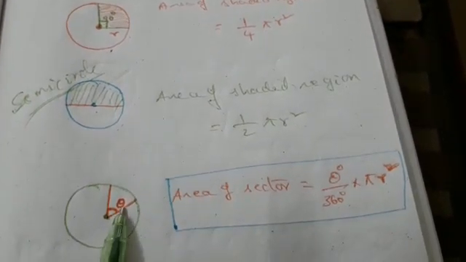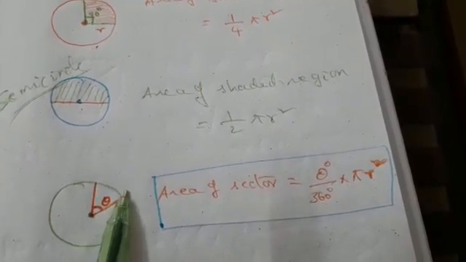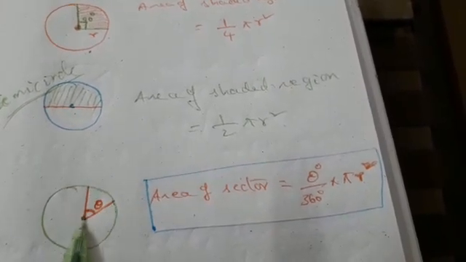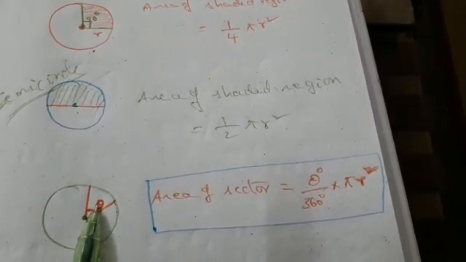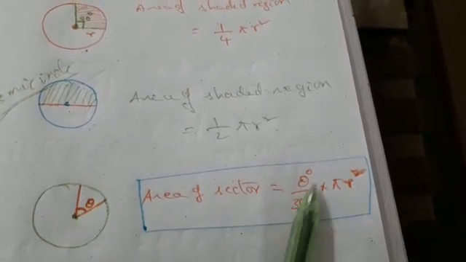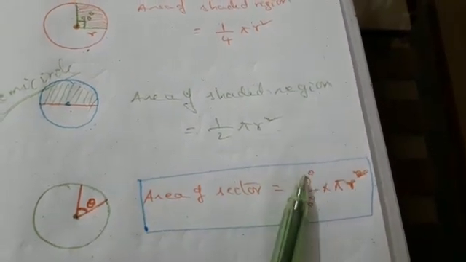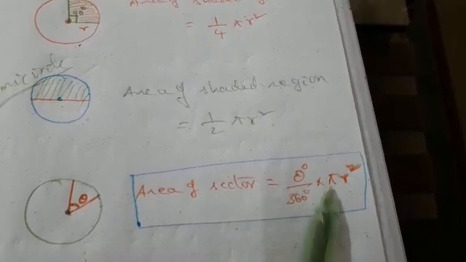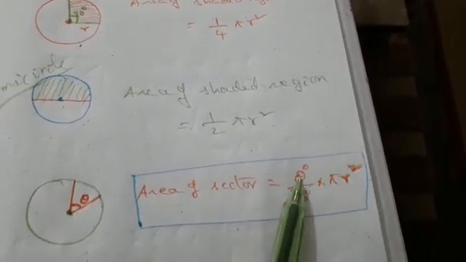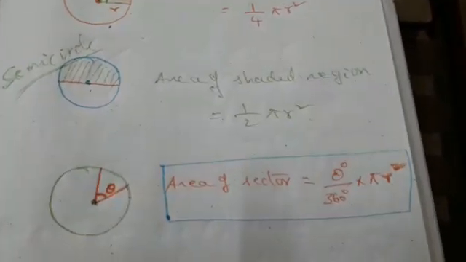Now any particular angle is given. That means area of the sector has to be determined. What is the sector? This is the sector. Area bounded between the two radii and the arc is called the sector. So area of sector is equal to, similar to area length of the arc, how you have written? X degree by 360 degree there. Here it is theta given. Theta degree by 360 degree into, there it was the perimeter. Here it is area. So theta by 360 into pi r square gives you the area of the sector.